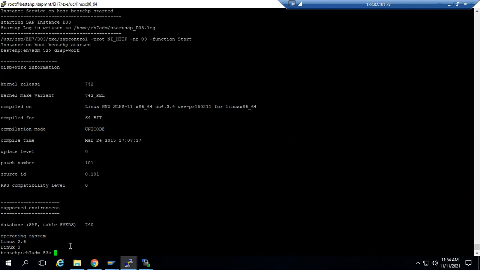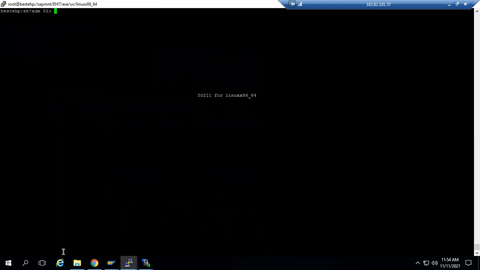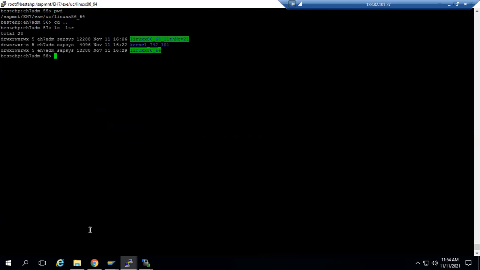Okay. Now see, how to do the revert back? I will go one step back, where my backup is. So this is the backup. This is the old kernel backup, right?